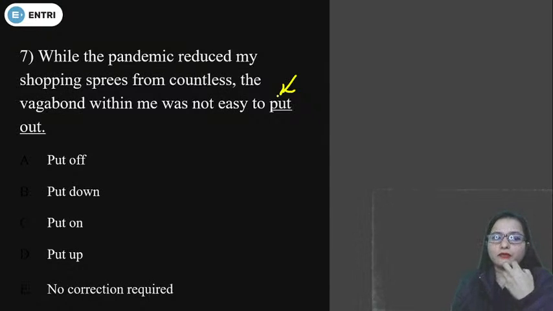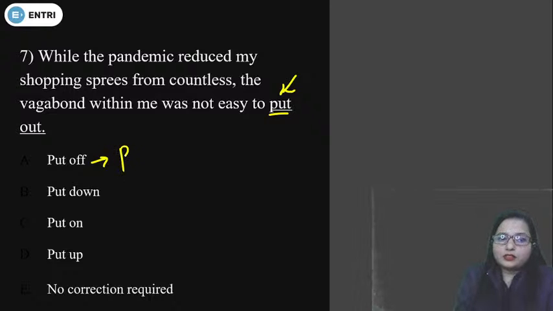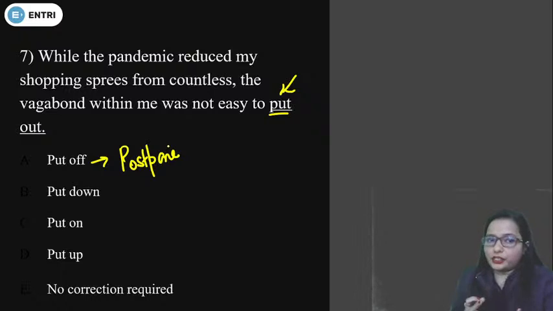Now "the vagabond within me was not easy to put out" is not the appropriate phrasal verb here. If we say put off, what is the meaning of this phrasal verb? It means to postpone. In the context of procrastination we use put off. When my boss has put off the meeting,